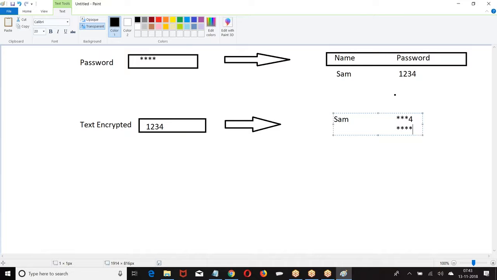Then we will be taking as text encrypted. When you say text encrypted, the data will be masked or encrypted and saved to database. Data is masked, encrypted and saved so that no one can see the data in original format. Are you getting my point? When you don't want the data to be visible to all the people in the original format, I will go for text encrypted. Data will be masked and saved. Now let me give you an example.